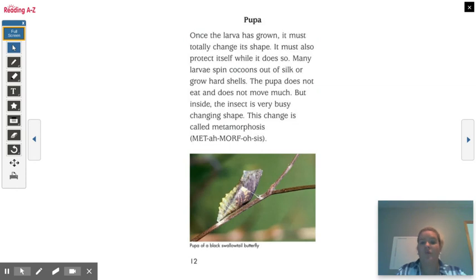Pupa. Once the larva has grown, it must totally change its shape. It must also protect itself while it does so. Most larvae spin cocoons out of silk or grow hard shells. The pupa does not eat and does not move much. But inside, the insect is busy, very busy, changing its shape. This change is called